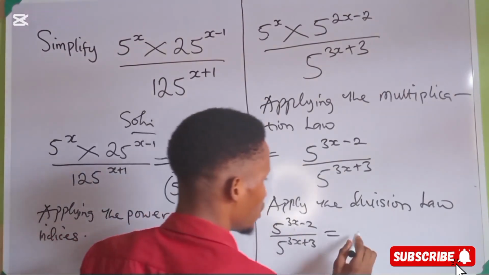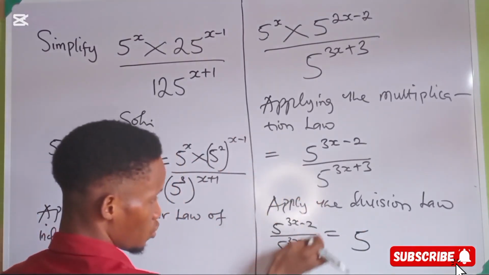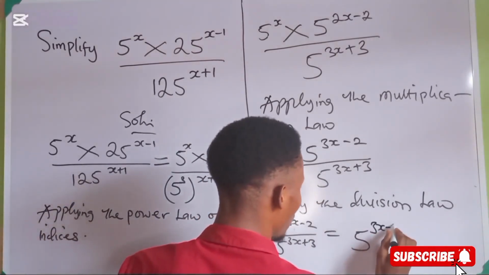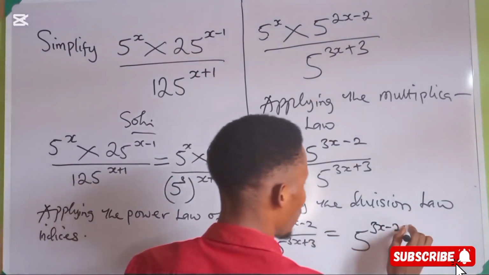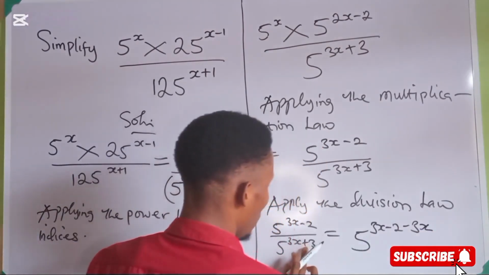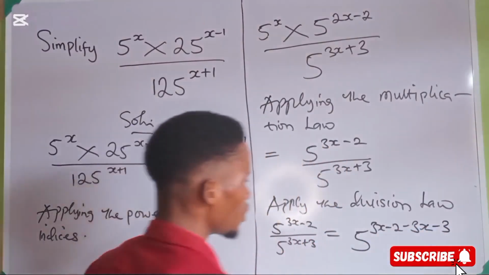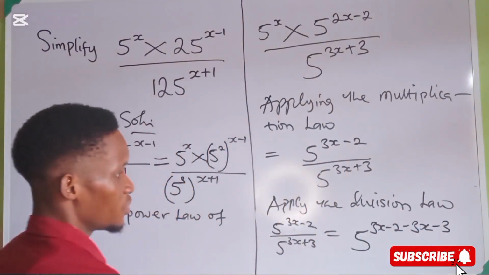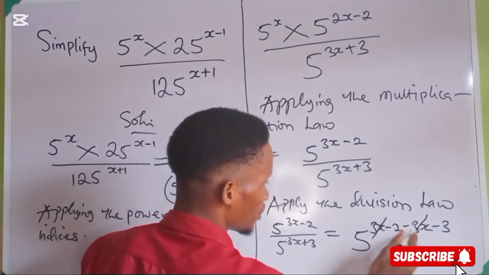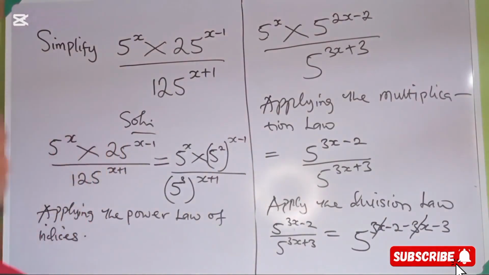collect one of the base, which is 5. They are the same. So this will go up. This needs to go up. You have 3x minus 2. This going up, we have minus 3x. Then this also needs to go up to have minus what? 3. So if you look at this now, you agree with me that this can go against this because this is having positive, this is having negative. So we'll be left with